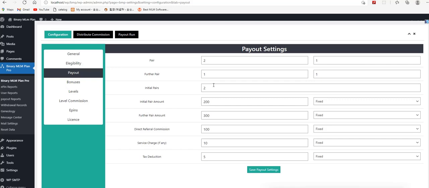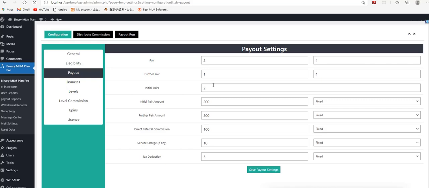It means that we have two settings for the initial pair. The number of pairs should be two. So whenever the member gets the two pairs, for the first pair, 200 Indian currency will be the commission of the member.